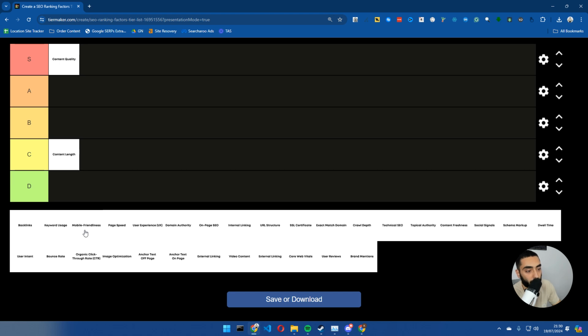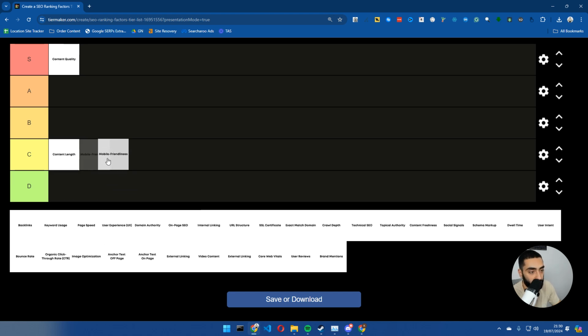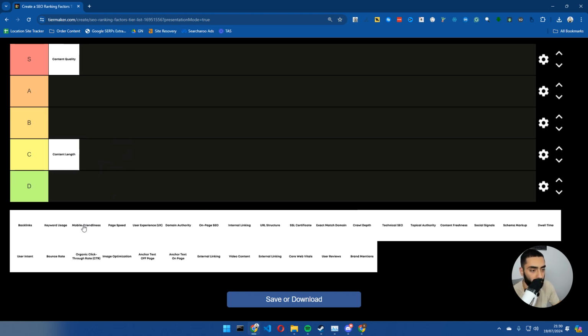Then we have mobile friendliness. Over the years, I remember when I first got into SEO, a lot of the searches were probably 60% mobile and 40% desktop, and now it is probably a little bit closer to 80%.